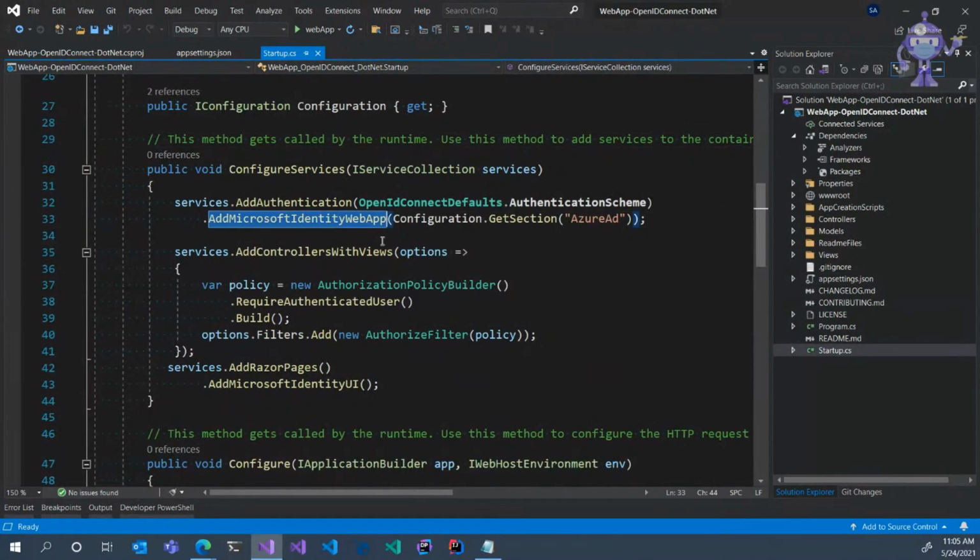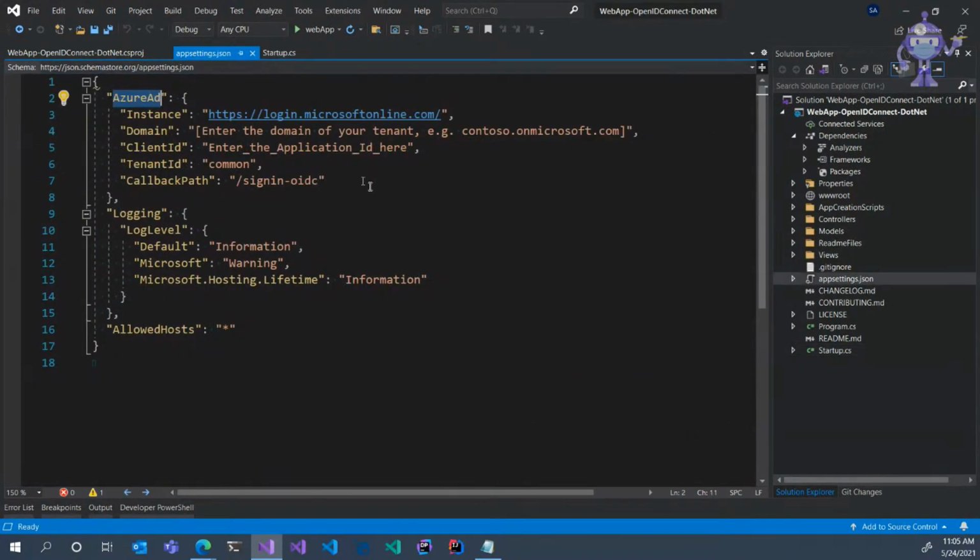When this AddMicrosoftIdentityWebApp method is invoked, it is expecting a configuration section called AzureAd. If we look over there, a couple of things I'll point out. You've got your instance up here within that AzureAd object, which is just saying, hey, this is the value